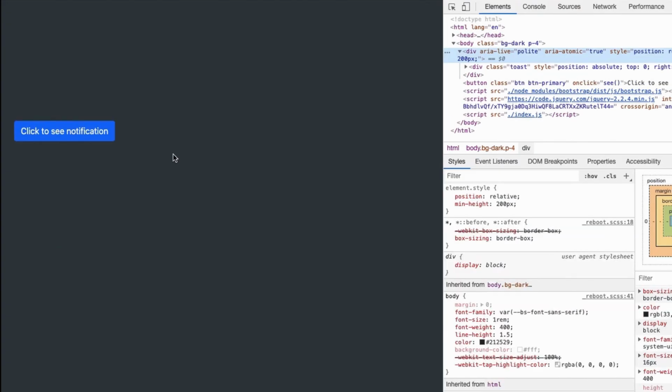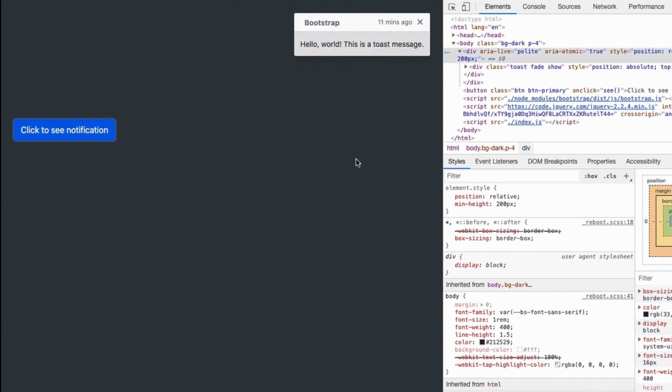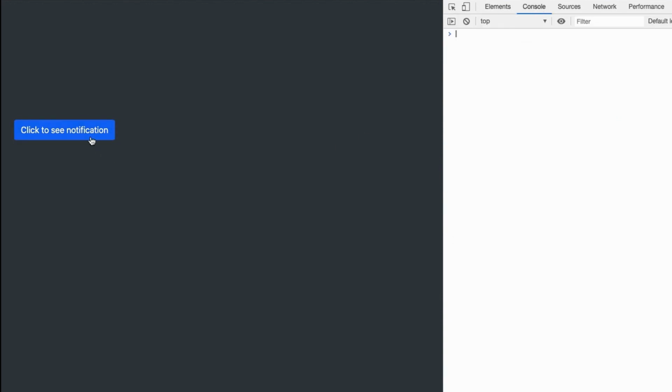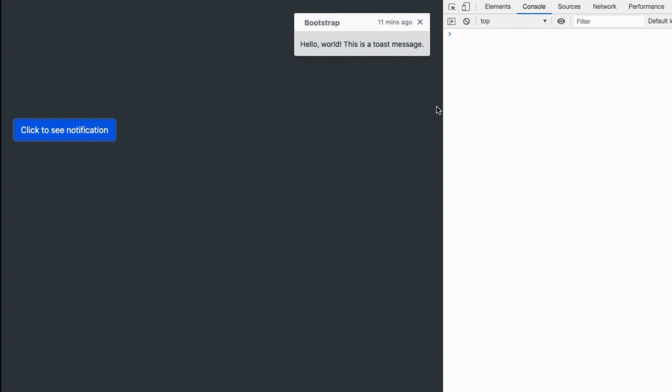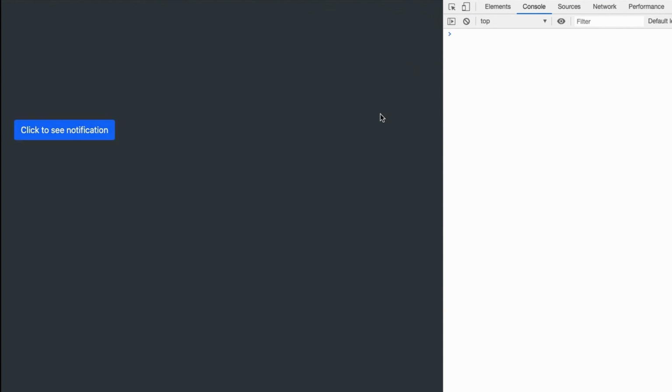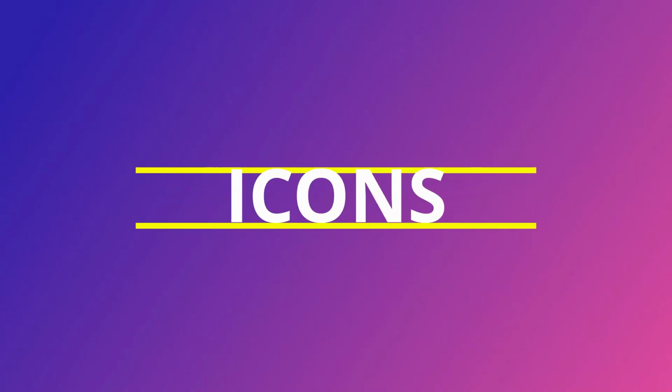So now when we refresh our page, we will be able to see the button has appeared, and on clicking that button, a push notification will appear and it will disappear after 2 seconds. Also, you can dismiss the notification by clicking the cross button, which is there in the UI functionality.